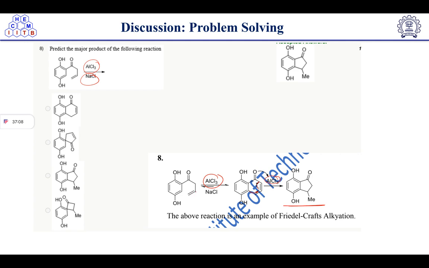So this reaction is also an example of Friedel-Crafts acylation reaction. So here in the first step, this is in conjugation form. So this state is more stable because of alpha-beta unsaturation conjugation. So that's why the equilibrium arrow is more on this side. So this is the more stable form of this molecule, right? This double bond will undergo isomerization. So that's why after this, cyclization will take place, and this is an example of Friedel-Crafts acylation reaction.